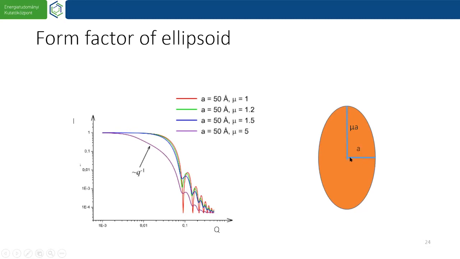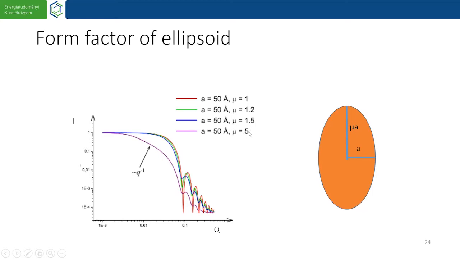So it is an oblate ellipsoid of rotation. The formula is a bit more complicated, so we don't show it here. So we make a model calculation, and we see that the ellipsoid still has these oscillations,